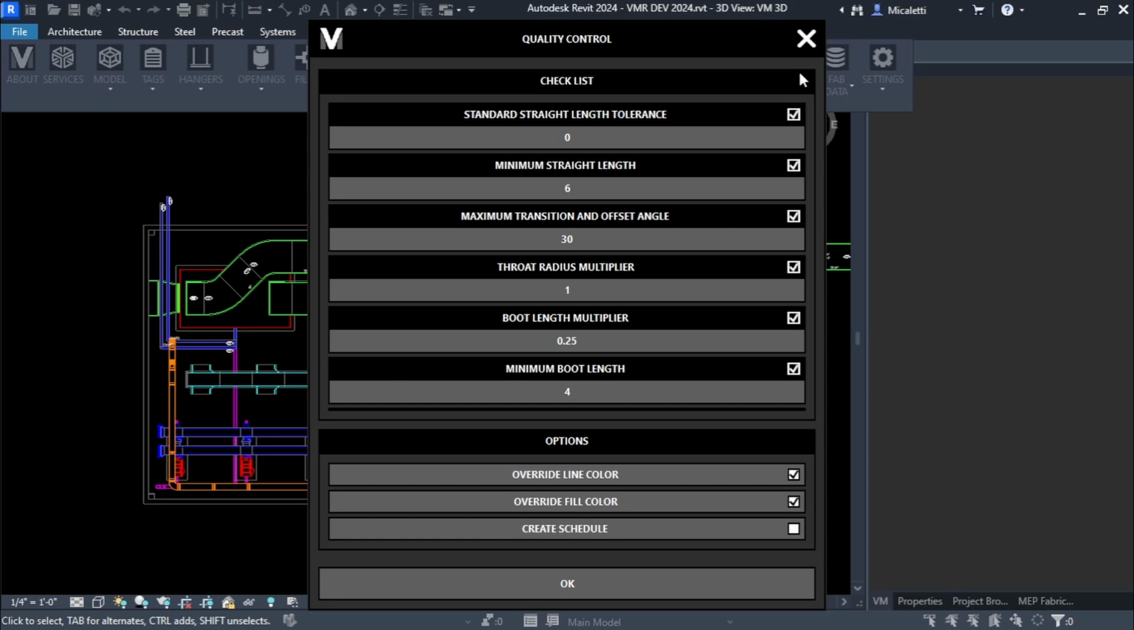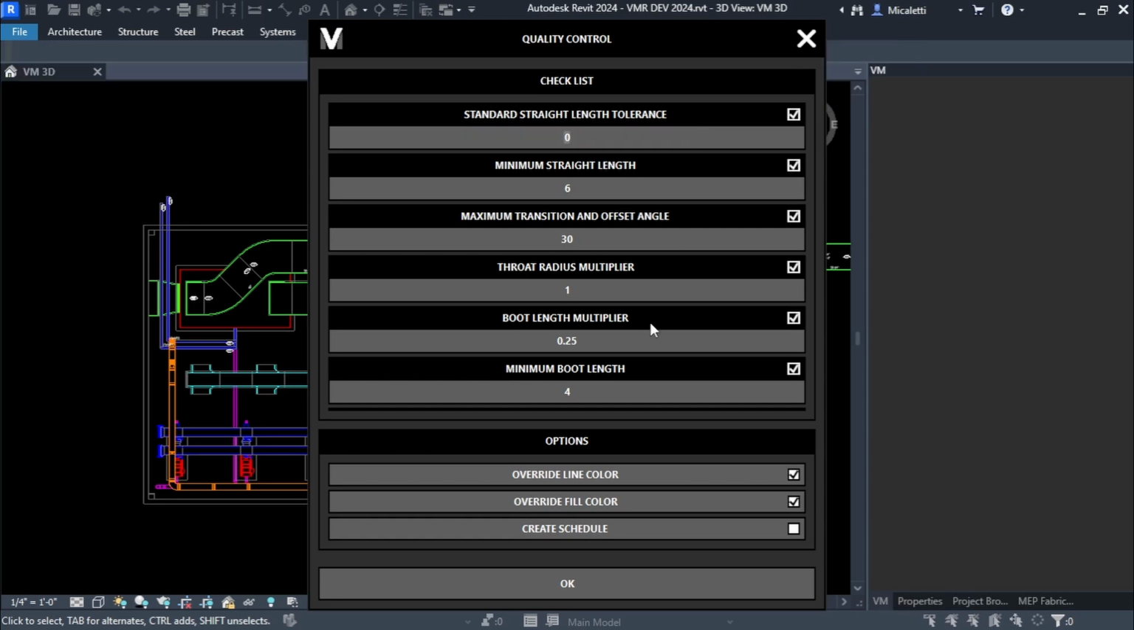Lots of QC tools here. Finding your short joints. Check this out when you have time. You can set a maximum angle on your transitions and sort of help you QC. Turn all the transitions that might be too radical red. Turn all the short joints that should be